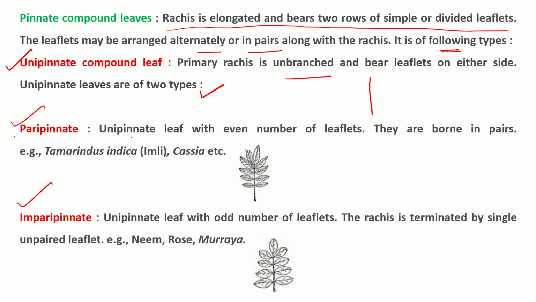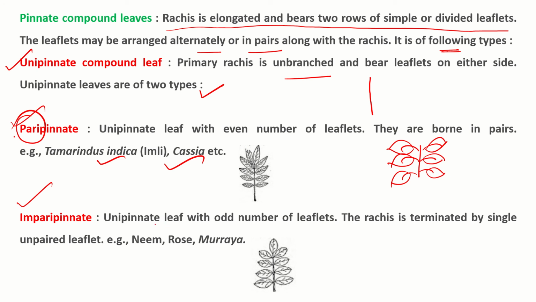Okay, unipinnate leaf with even number of leaflets are known as paripinnately compound leaves. They are borne in pairs. That is why paripinnate. Fine, they are borne in pairs. You will always find the number of leaflets in multiples of 2. Odd number of leaflets are not found. They always occur in pairs. Okay. These are two important examples. Other examples are also there. You can quote any. These are important examples. Tamarindus indica, cassia, all these